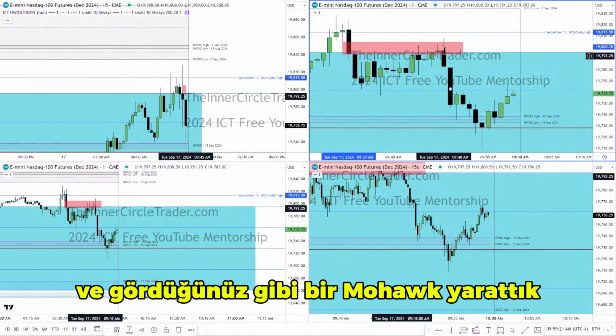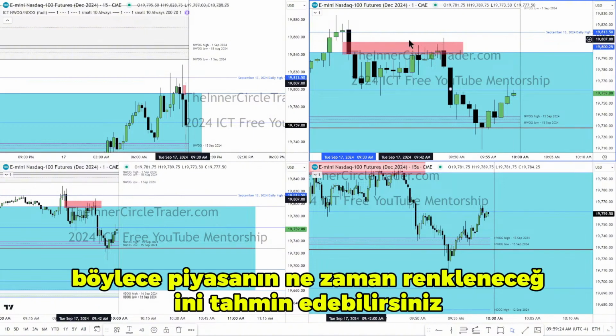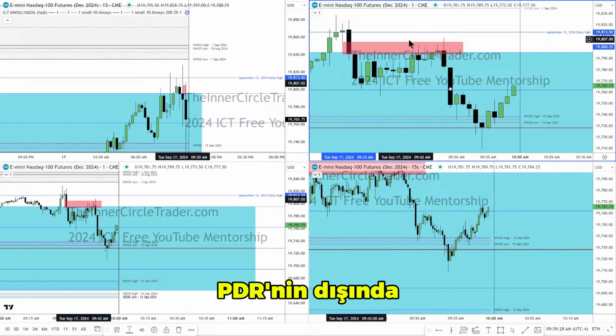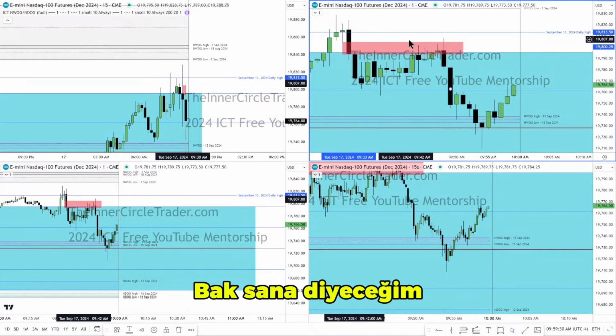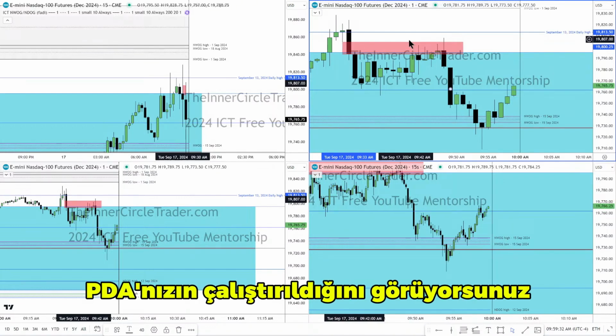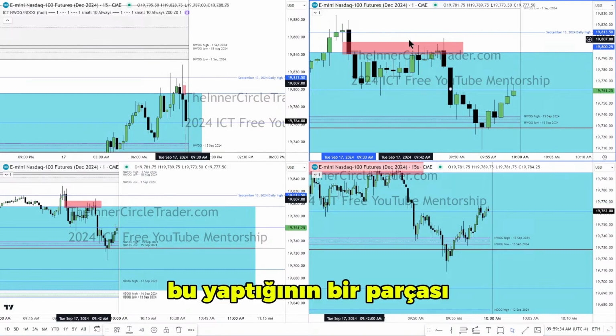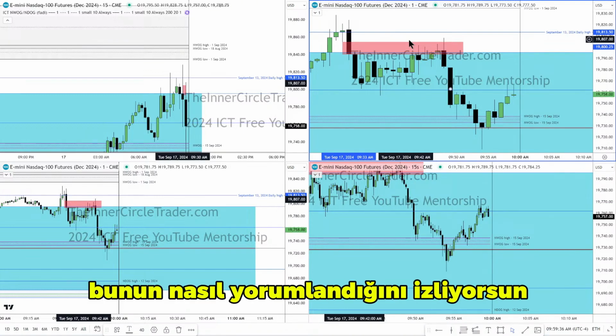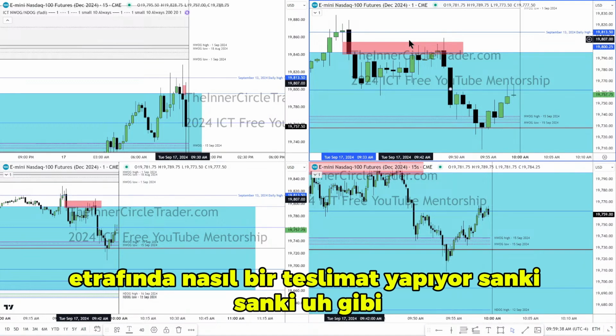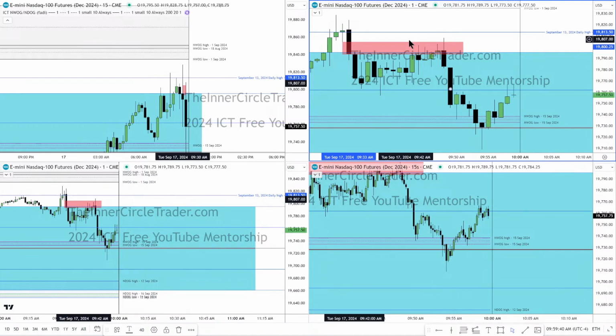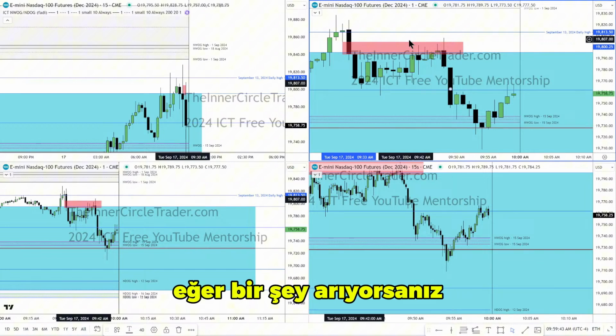You can see we just created a Mohawk. So you can anticipate when the market will color outside the PD arrays. You see these jokers out there. I'll say, look, you're seeing your PD arrays getting run through. That's part of what you're doing. You're watching how it interprets that. How does it deliver around it? Kind of like if you're looking for